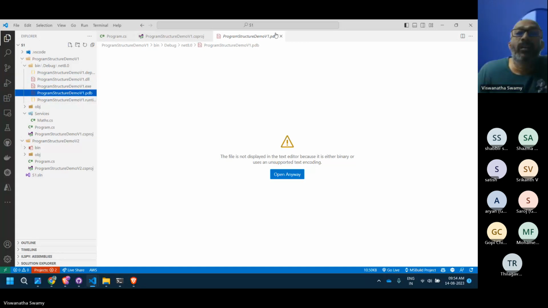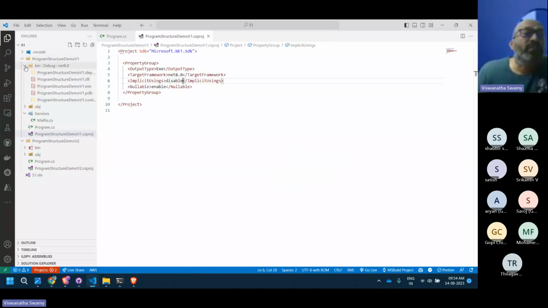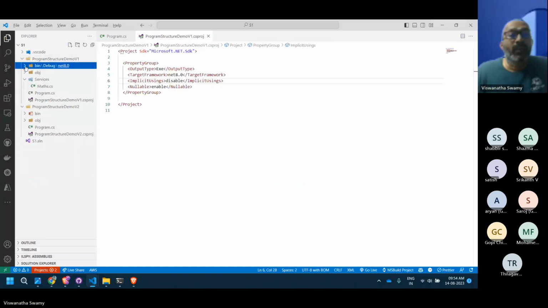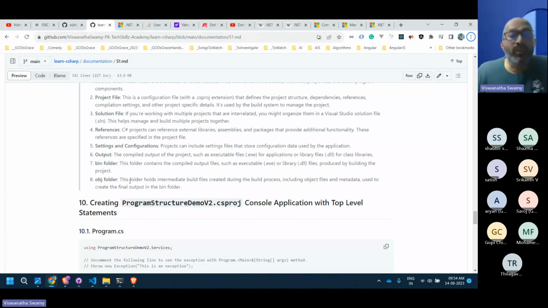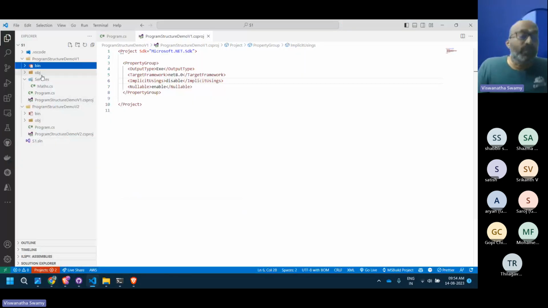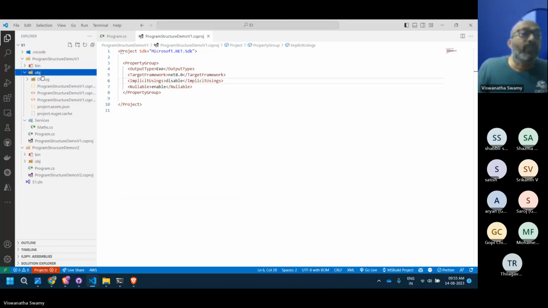OK, so that's what this bin folder is. And there's another folder, the obj folder. This folder holds the intermediate build files created during the build process, including object files and metadata used to create the final output. The obj folder is like an intermediate step during the build process. OK.